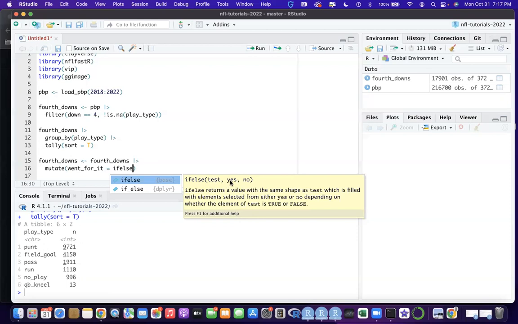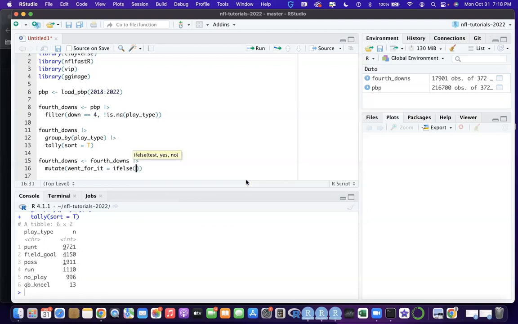If it's true, we want it to have a yes as an indicator, and if not, we want it to have no. So we're going to say, if play type is in pass or run, we're going to create a list basically. So we can see down here, pass or run. If play type is in pass or run, when we create our list,